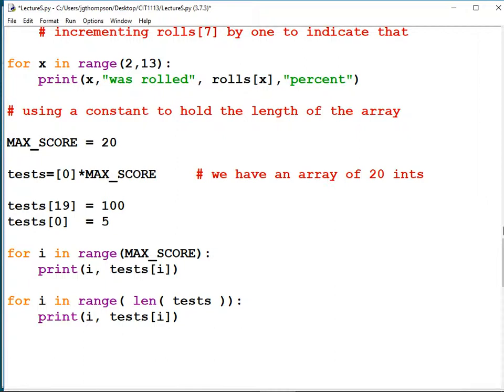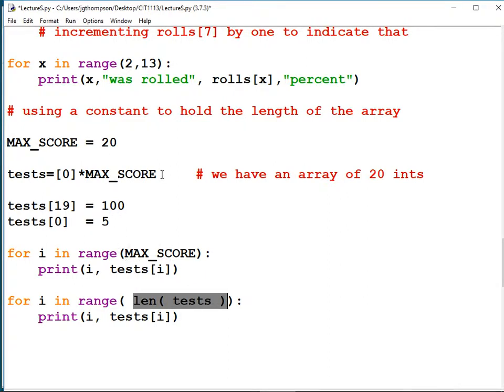That works. Same way, we didn't have to keep using the max score when we could do that. Don't have to use a constant if we can just ask the array for its size. On the other hand, it's not a bad idea.